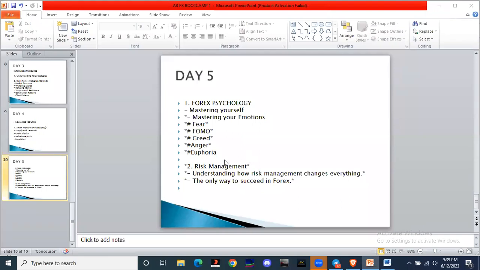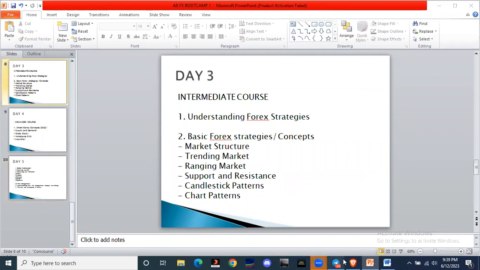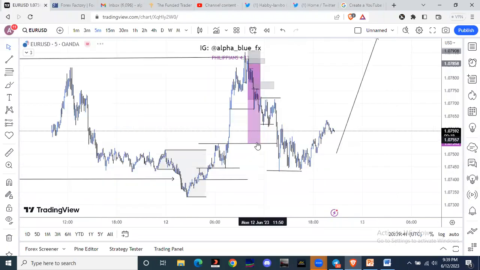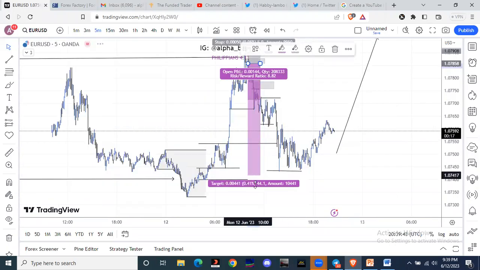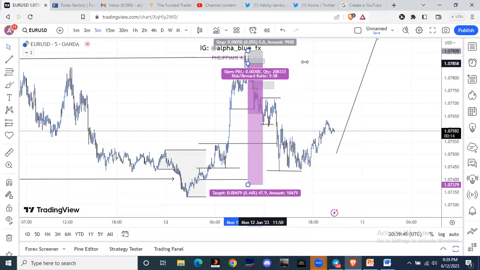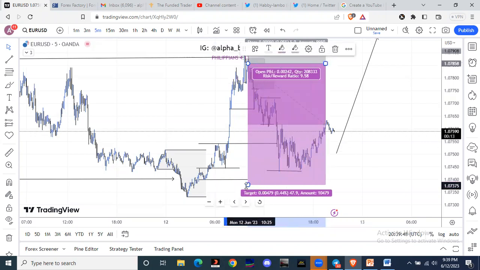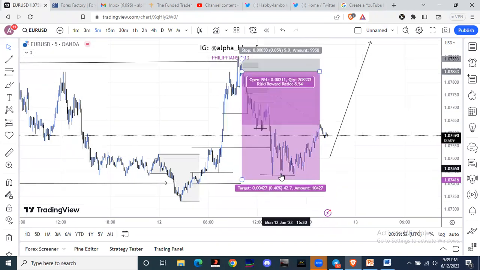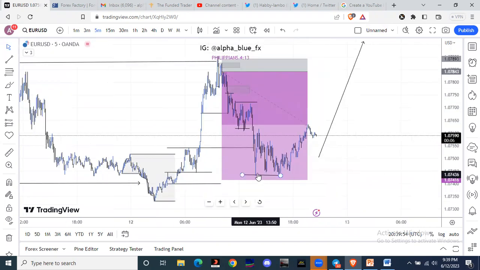Then anger is when you miss a trading opportunity or the trade is almost about to hit your take profit. That one too happens a lot of the time. The trade is almost about to hit your take profit, then it reverses on you, goes back to your entry, and then you get so angry and just place another trade at random. So let's assume that our take profit was somewhere here, right? Then you opened your chart and you saw that price was around here.